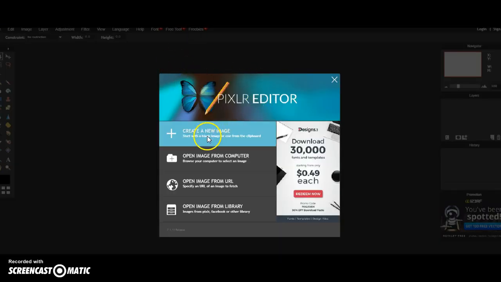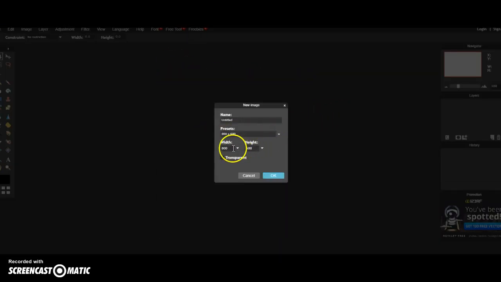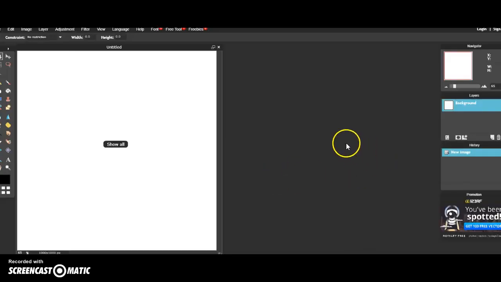So let's go, and we're going to create a new image. When we do this for a trophy or a picture for a group, for a winner, something like that, I do pictures 1,000 by 1,000. You're going to hit OK, and we're going to need a background. I don't particularly care. Here is your paint bucket, and you can actually hit that,